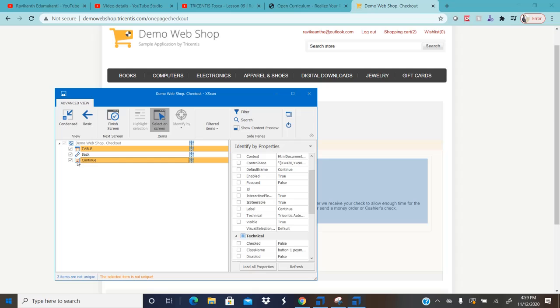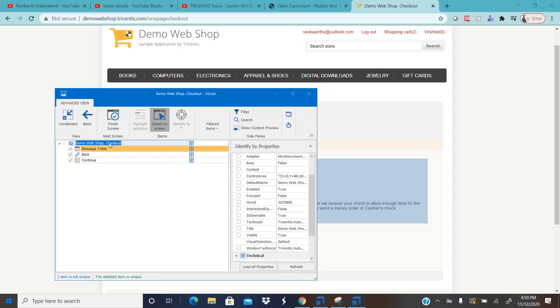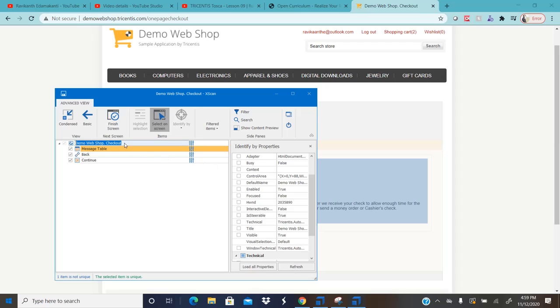Okay, I would like to make this continue button uniquely identified by enabling the property called visible true. Now I would like to rename this table as payment message table, and then also I would like to rename this entire module. Sorry, I would like to rename this entire module as payment